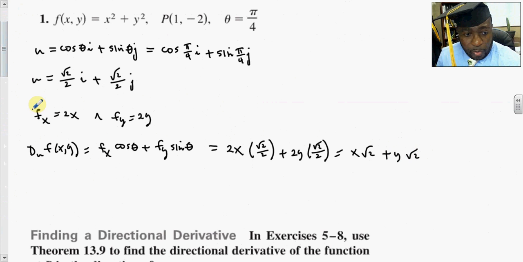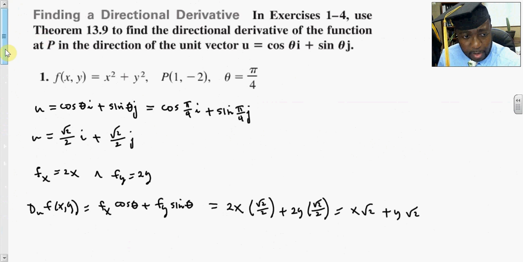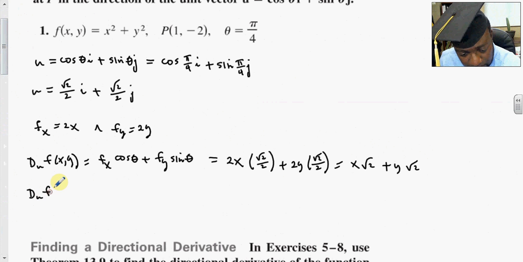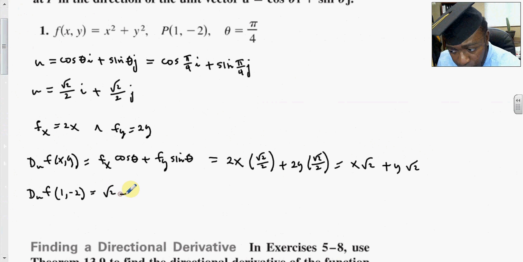Now here we find the directional derivative of the function f in the direction of u at the point x comma y. Well, it's at the point, and particularly at the point P, right? So the point P is given. x is 1, y is negative 2. So this is the directional derivative of f in the direction of u at the point 1 comma negative 2. So this gives us the square root of 2 plus this negative 2